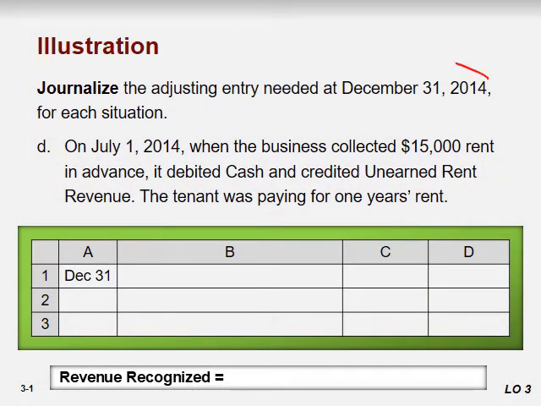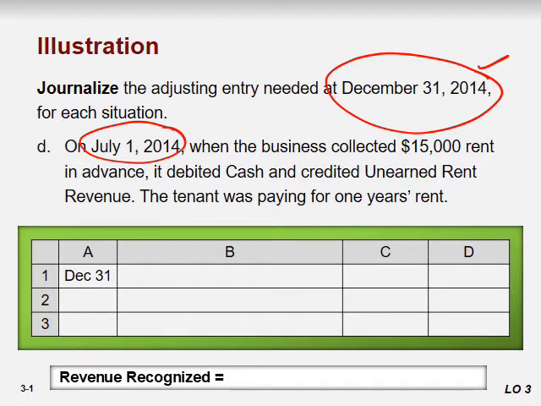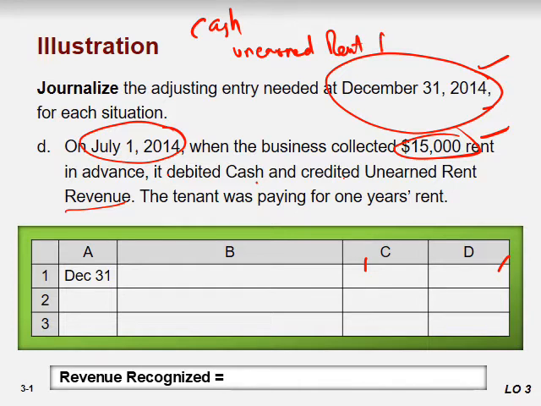And now the same adjustment entry needed on 31st of December. So what is that? On July 1st, 2014, when the business collected 15,000 rent in advance, it debited cash and credited unearned rent revenue. This is the unearned revenue case, when the business received this rent in advance, making the entry cash to unearned rent